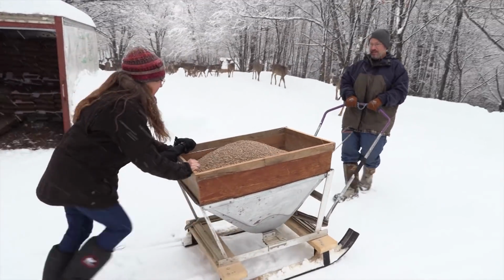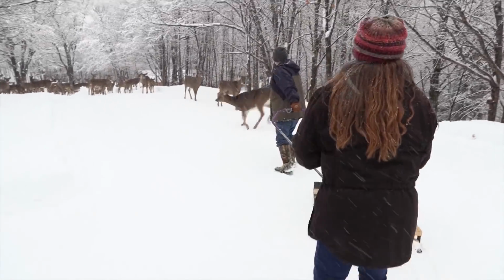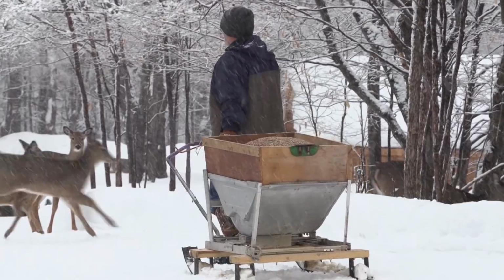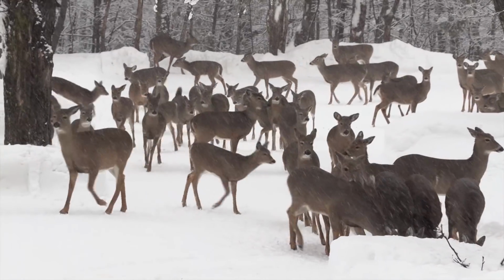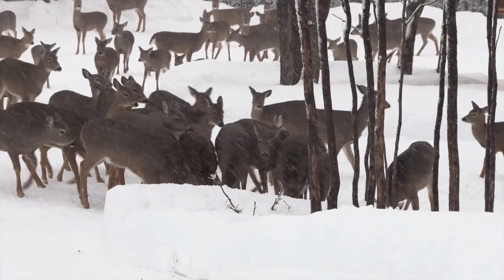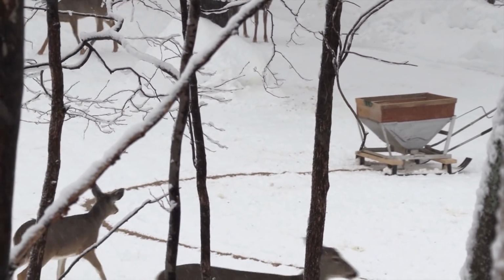Right now we're feeding about 200 deer, which is similar to what we were feeding last January. And then as we get into February and March, those numbers will jump sometimes as high as 400. There'll be a day in May we'll wake up and they'll be gone, which is amazing. It's basically May through December we only have about a dozen resident deer in this area, but the numbers jump once the snow starts